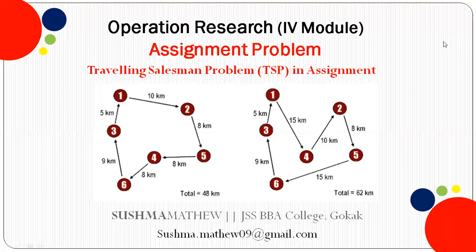But the traveling salesman, as the name itself suggests, salesmen means somewhere we are connecting it to marketing. Marketing and sales, where people are given certain targets and certain territories. They are supposed to cover the territories with the minimum possible routes, cutting down the cost while reaching out to the maximum number of people. This is the aim of a marketing or sales division.